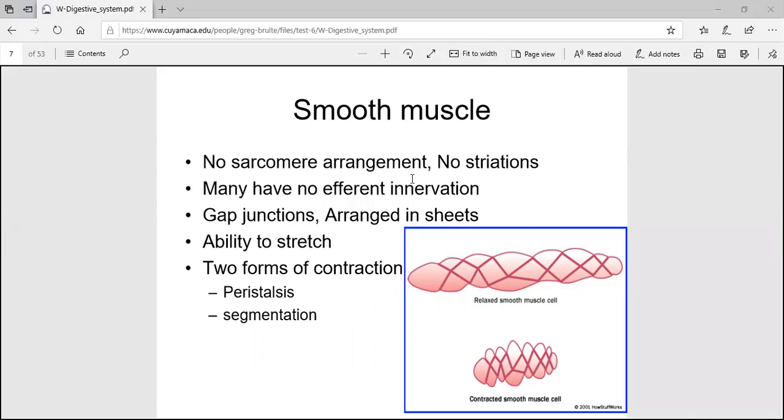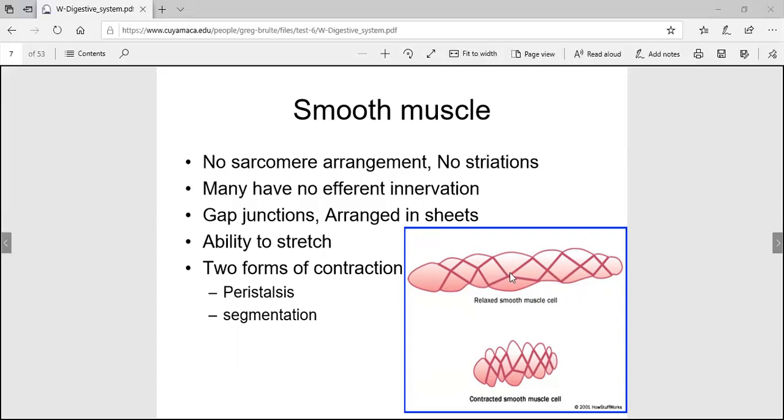You do have gap junctions, and it's arranged in sheets, and it can stretch. Just because of the way it's put together, you can stretch a muscle cell. I think your book says 2.4 times its normal length, and it still has almost all the contractile force. If you did that with skeletal muscle or cardiac muscle, basically you'd pull the sarcomeres apart,